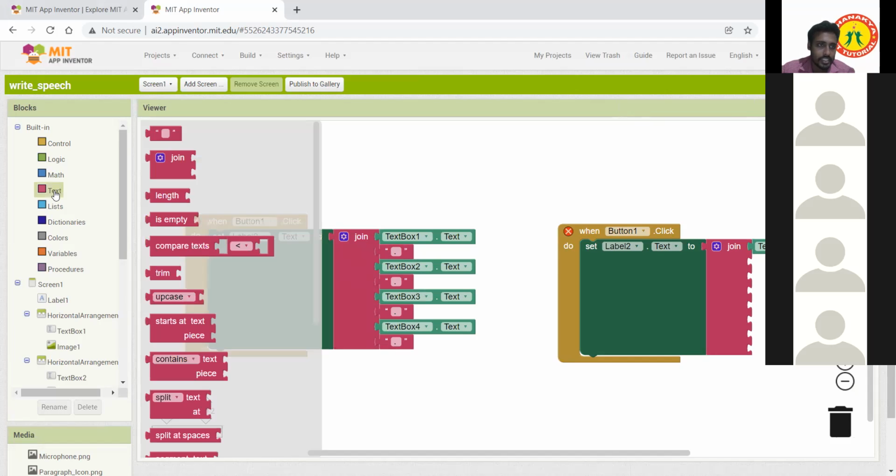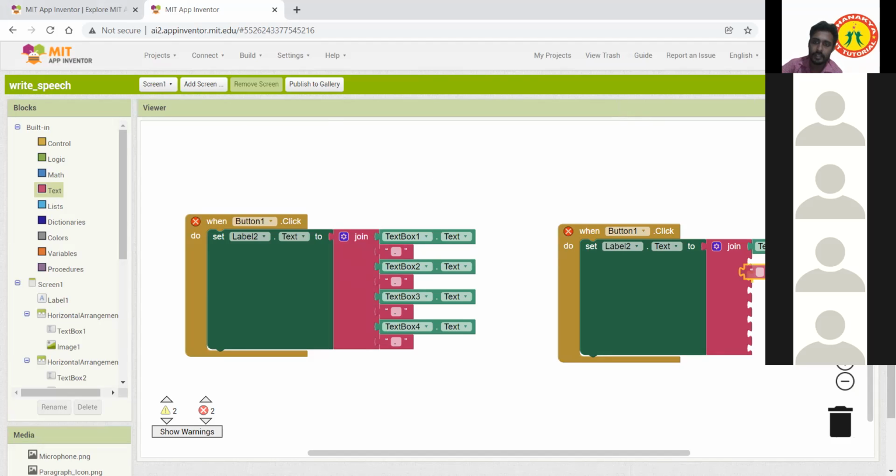Go to text and take this empty box. Can you see this empty box? Take it, place it here and just type full stop inside this empty box. Simple.